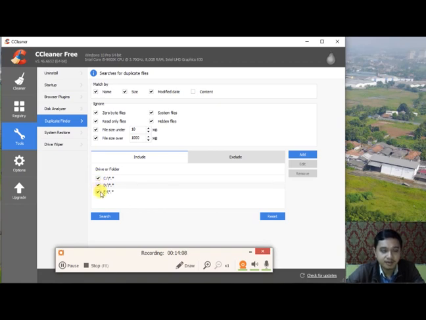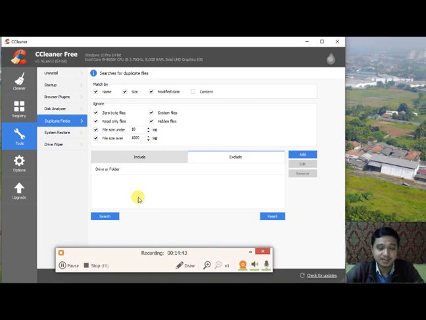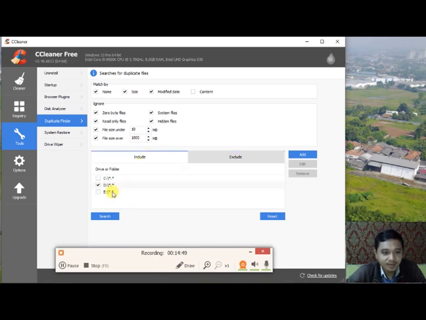There is drive C, drive D, or drive A. If you really want to find files specifically on drive D, you can uncheck C and E. So CCleaner will only search files on drive D. Okay, in the exclude bar, you can add files or folders that CCleaner will not search, so you can specifically search in the files or folders you want.